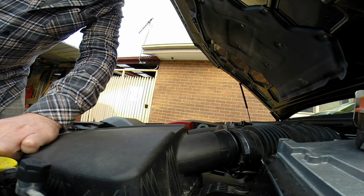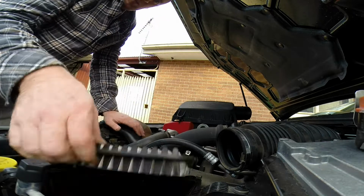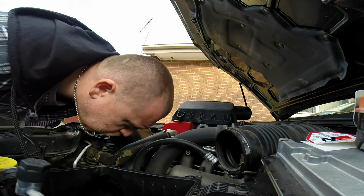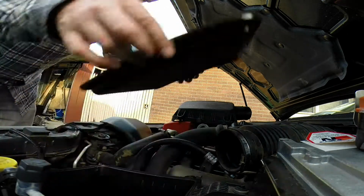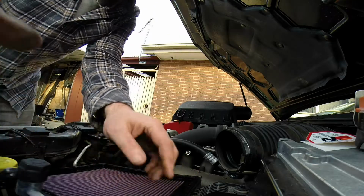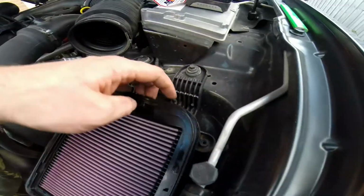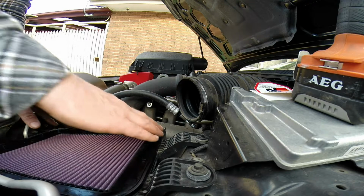Screw doesn't want to play nice. Now these already come oiled. You can see all the residue everywhere. So it only goes in one way, and you can see it's rounded edges, and them ones aren't as rounded, so the curve is a lot less there than it is there, so it can only go in one way. Once that's in nicely, make sure it is,